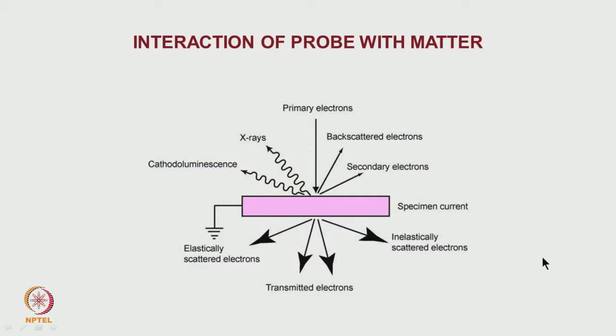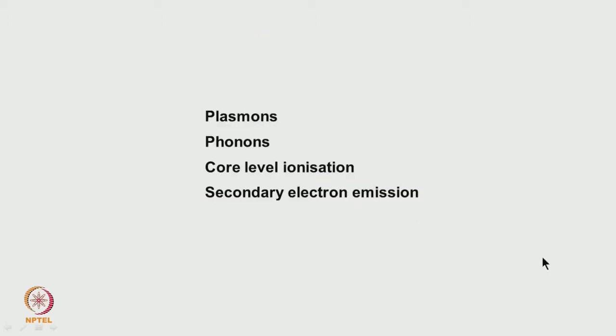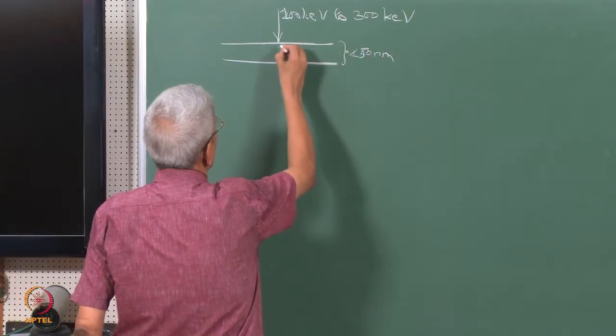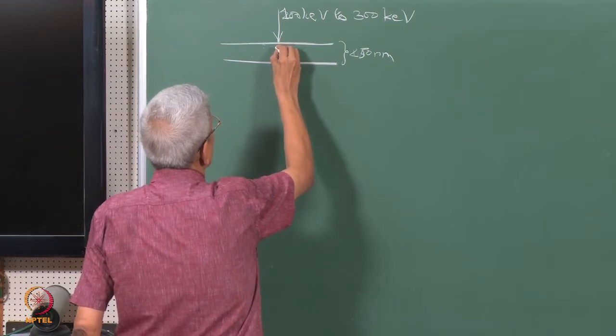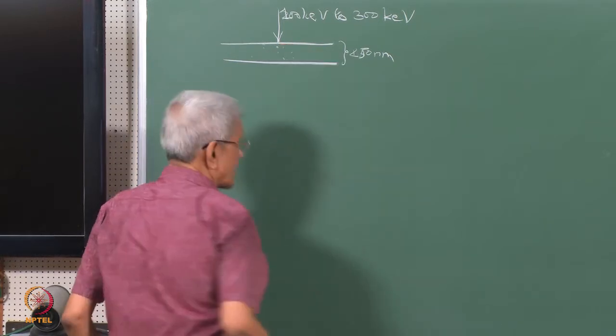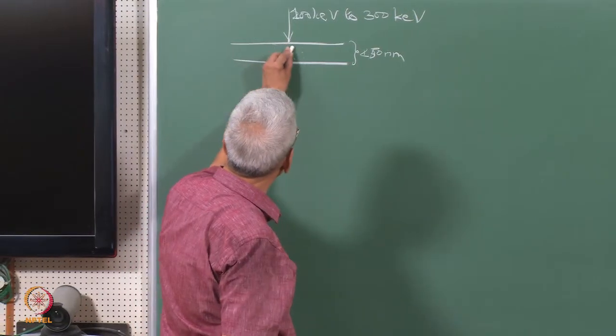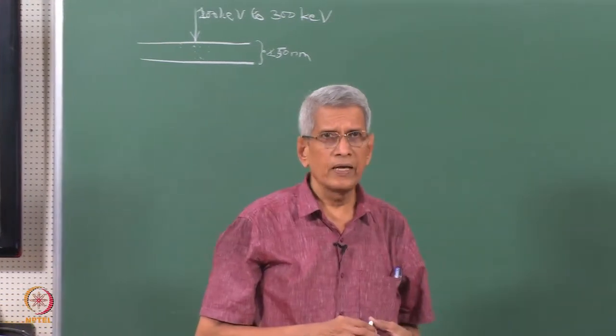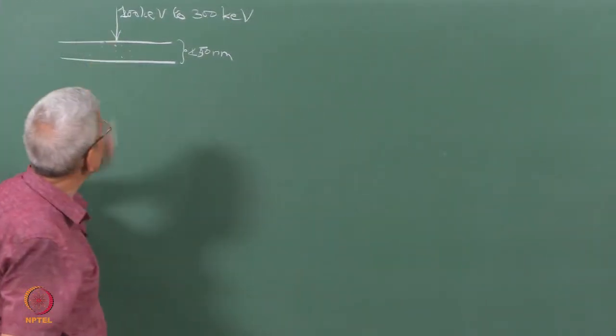The first thing is that when we said that an electron interacts with that sample and various types of electrons are produced, what are the types of interactions which are possible? One of the interactions is called a plasmon interaction. What is a plasmon? In that sample, if you consider a crystalline or a non-crystalline sample, it does not matter, there are ion cores surrounded by electrons which are uniformly distributed in that sample. When the primary beam with this energy enters that sample,